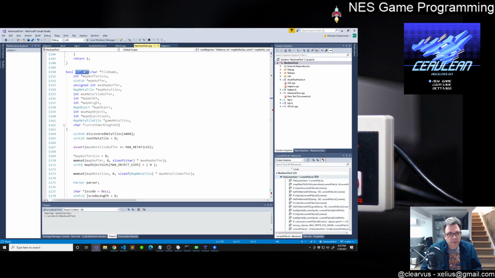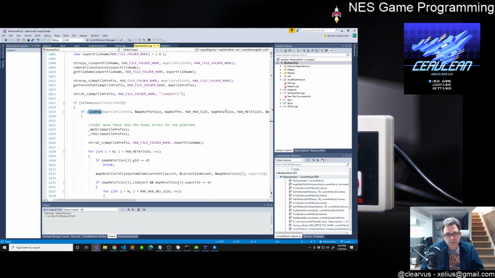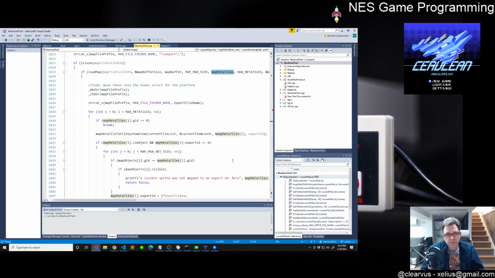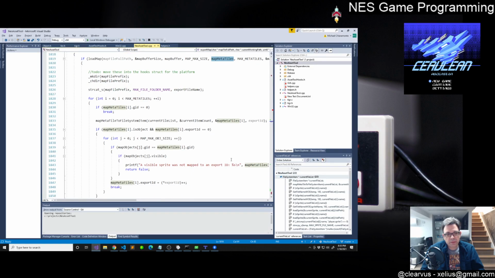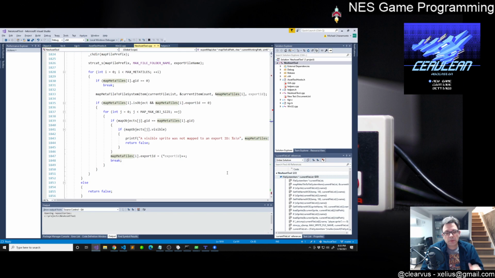All right, so let's go back to where we call this, and then we populate this map metatiles, and we're iterating through all the populated ones, and then we're mapping it to the file systems, and then if it's an object and the export ID is 0,